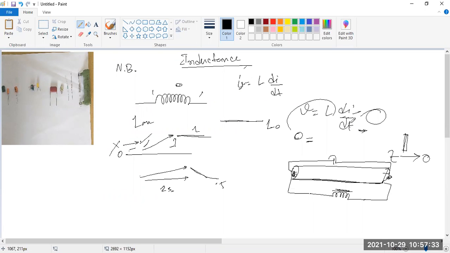Then whenever it tends to 0, look, di/dt has t in the denominator, and t tends to 0. Whenever your denominator tends to 0, your numerator portion goes to infinity. So going to infinity means your voltage tends to infinity. Infinity does not mean thousands of volts. Actually, infinite or undefined means maybe this is 1, maybe 10, maybe 100, maybe 1000, whatever may be, I don't know.